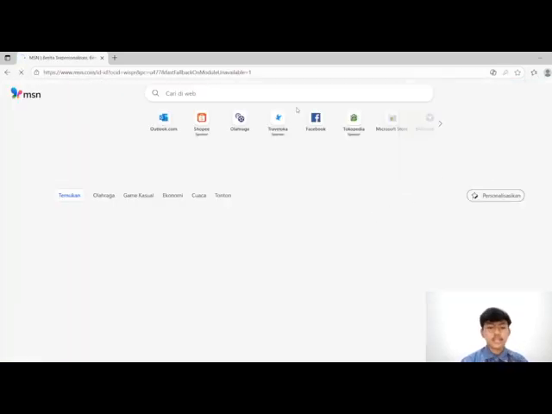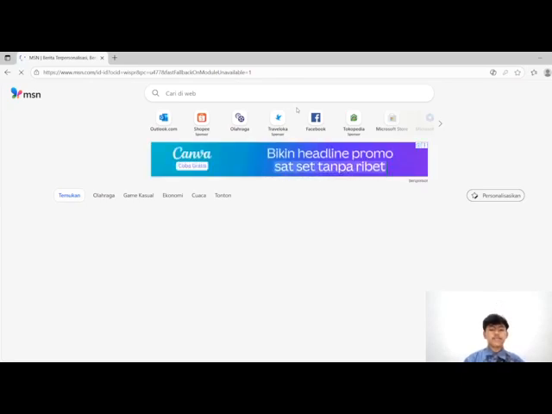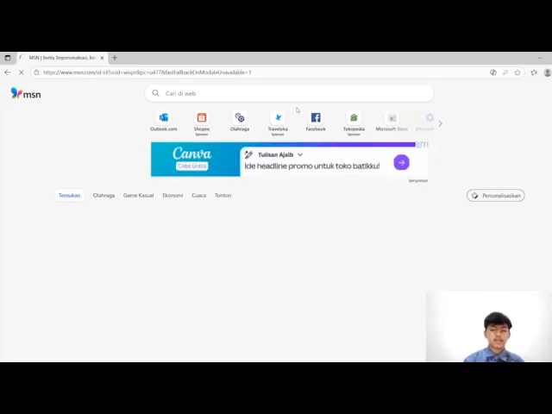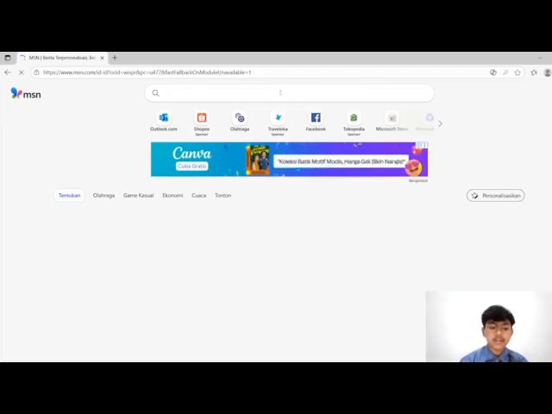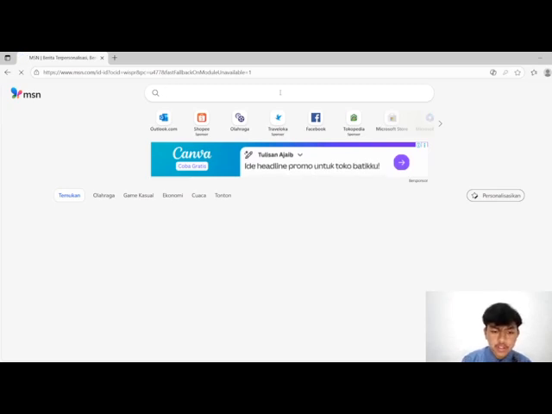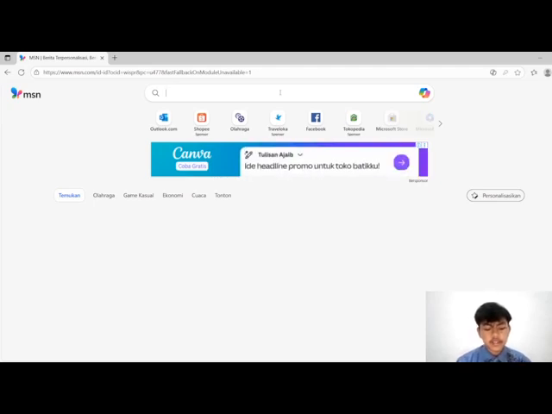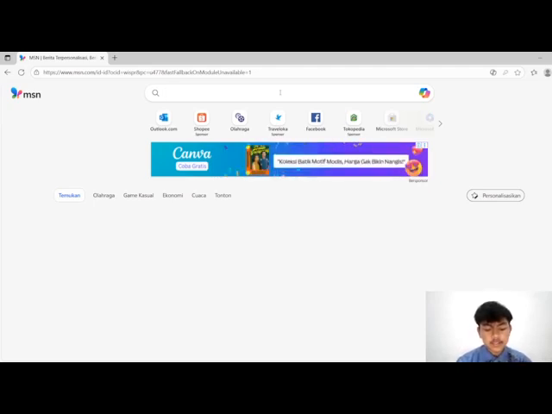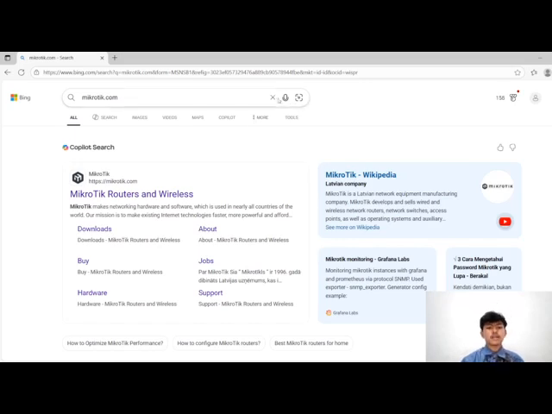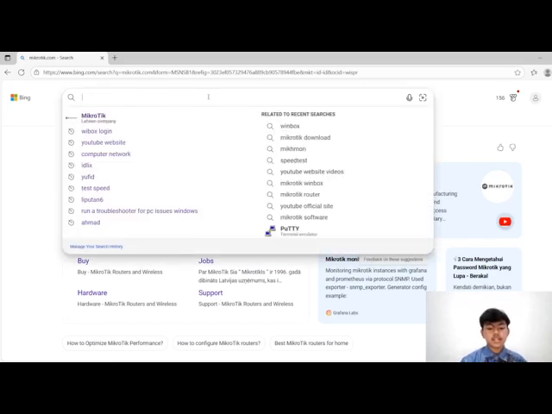Yes, here finally we can use the hotspot to the internet, and you can visit mikrotik.com.